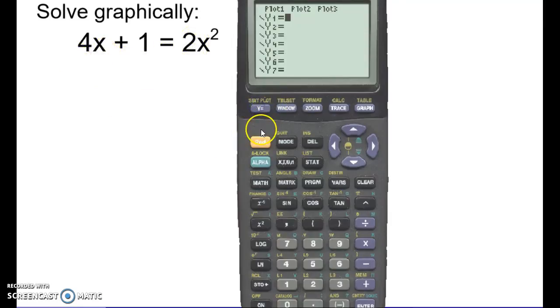All right, so here we go. Y1 equals 4x plus 1. So we're going to get a line there. And then on the other side, we have 2x squared, so we'll get a parabola from that curve. I'm going to go ahead and look at the standard window. We'll adjust as needed. There's my line. And there's my parabola. As I watched it graph, I could see it cut the line once down here and then it runs into it again up here.